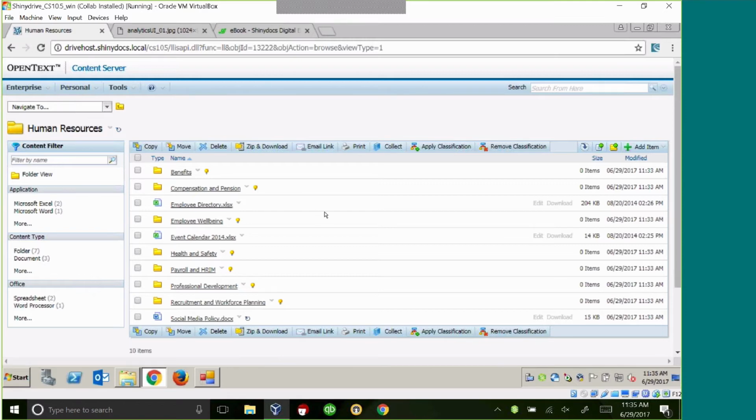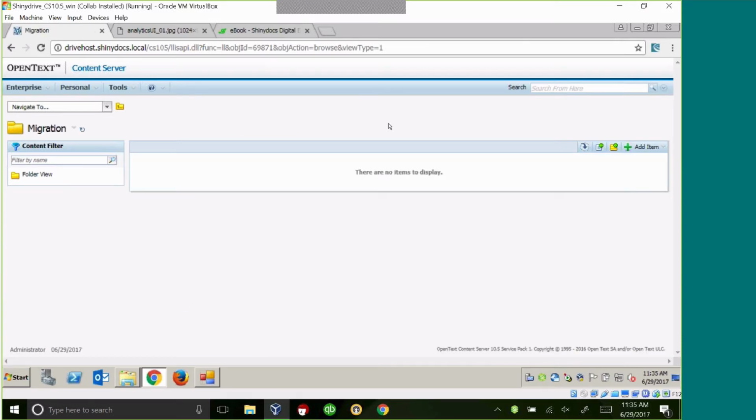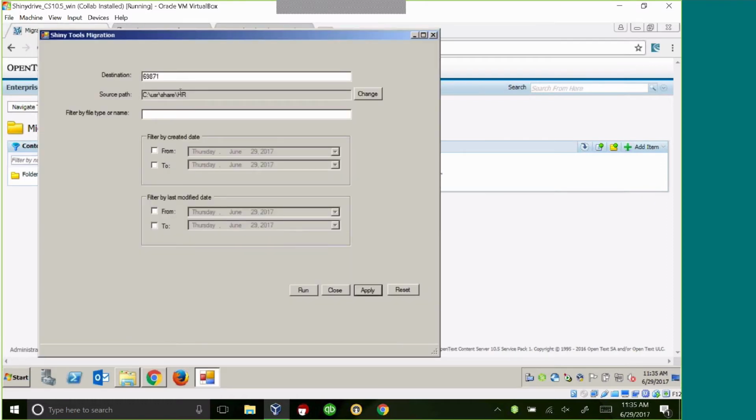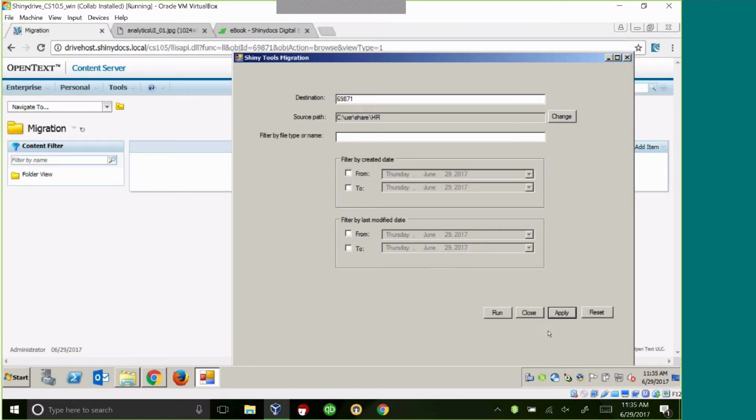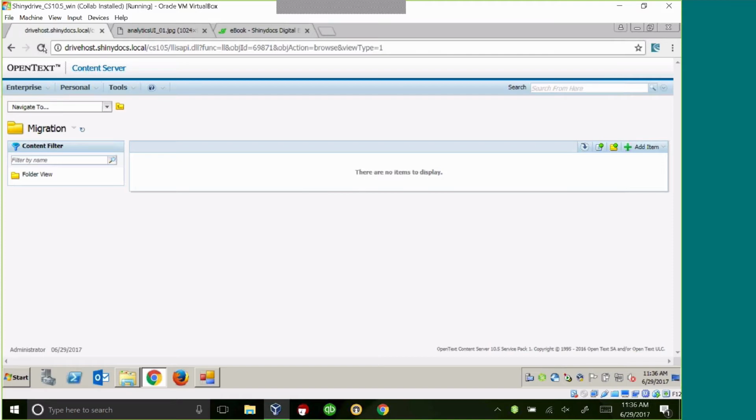We do apply a more traditional migration capability to this, but it's a pretty powerful migration technique that we have. We have a number of scripting environments that we apply. We built just a demonstration interface to show. I'm going to put the content, that same HR content that we saw before, but I'm going to brute force it into this location within Content Server. So when I run this migration tool, and this is server to server now, this is not something that an end user would ever use. It is actually brute force going through the entire shared drive, and based upon the rules that we set up in the scripts, it's going to transform the data or bring in data based upon particular dates.